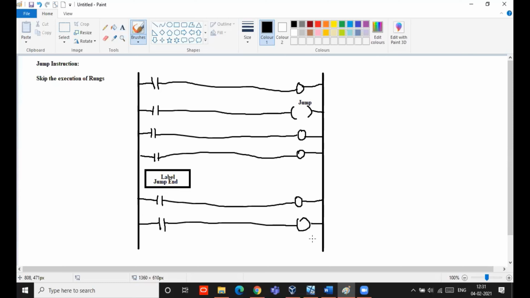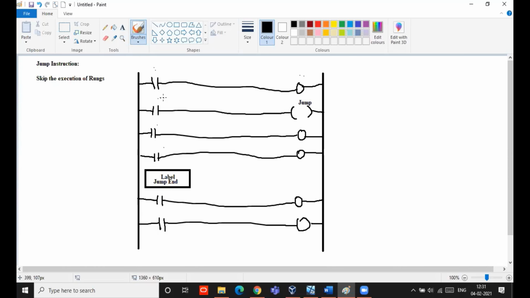So what will happen here is, whenever this input is activated, this output will be on. Now, if the jump input is on, even though you give the input here also, the output will be skipped. That is, output will not get activated because jump is on.